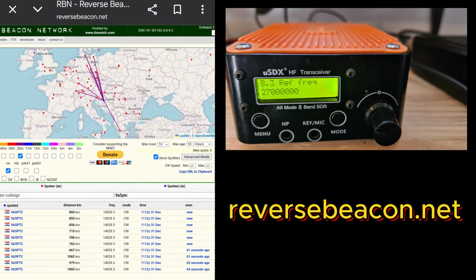Let's have a look how to calibrate the reference frequency on the uSDX Chinese radios, or even the true uSDX, the original. To tune your frequency on the uSDX, first get onto the reverse beacon